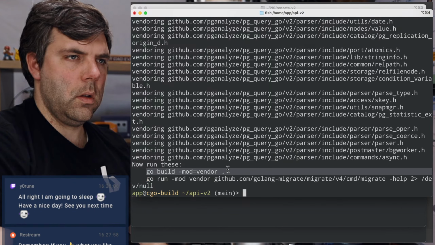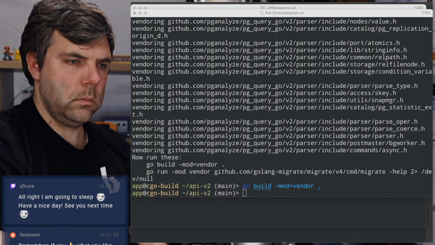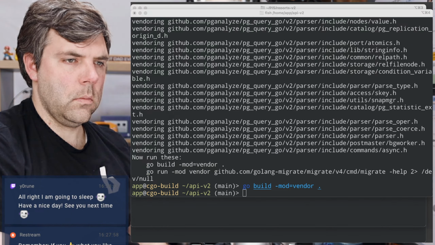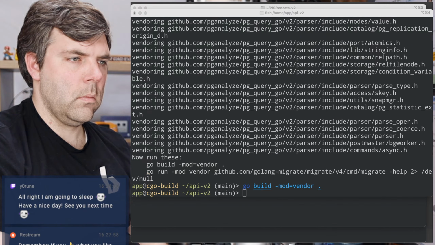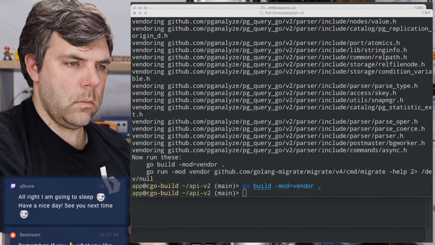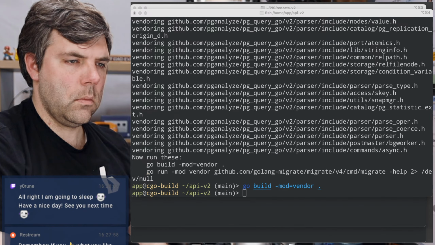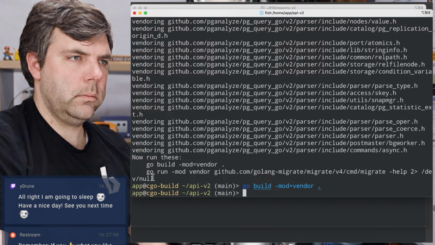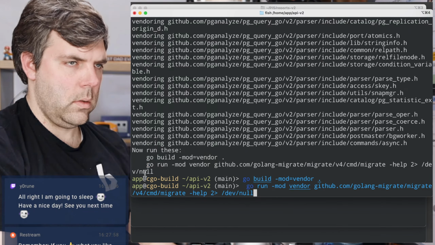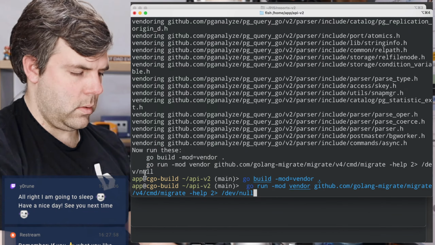And if that works this time. Okay. And this. And then SQLC generate.